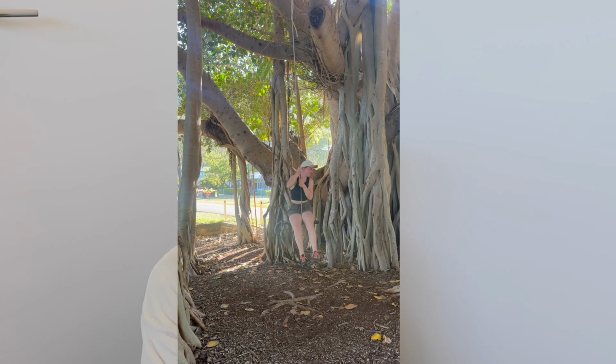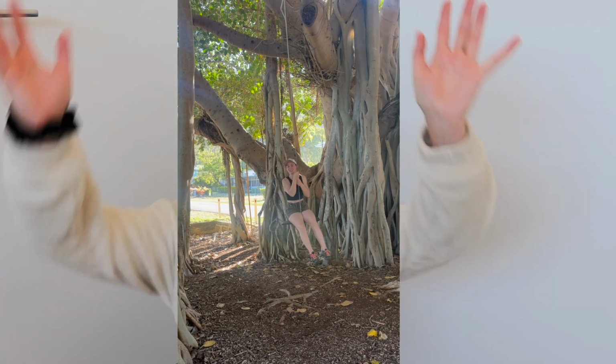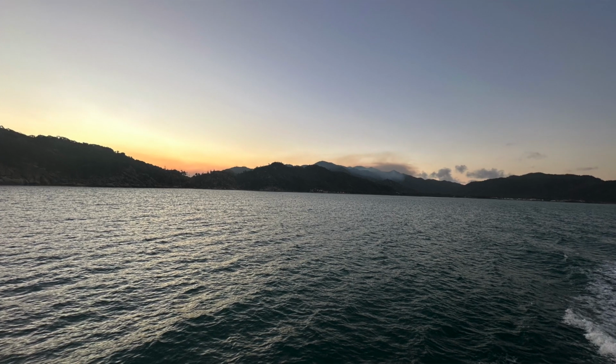I think if you've not been to Australia, one of the cool things about the trees is that lots of them have these roots that dangle down from the branches, and they just look incredible. Like when I first got here I was so excited. I remember going to the Botanic Gardens in Sydney and just taking photos of them everywhere. So yeah, there was this really cool rope swing in the trees there, so had to have a go on that, didn't I? So swinging on the rope swing for a bit, and then we pretty much just headed back